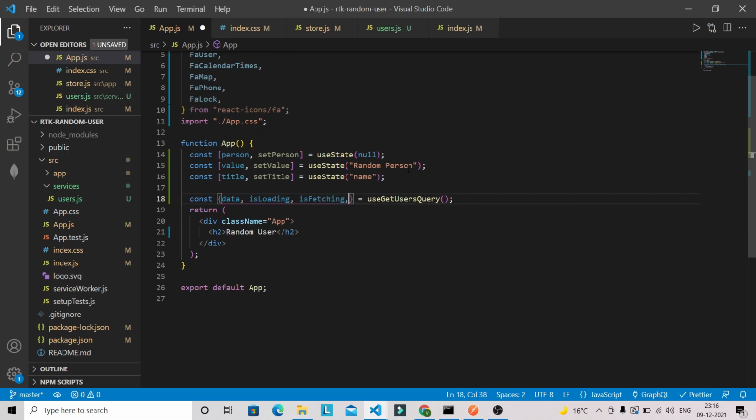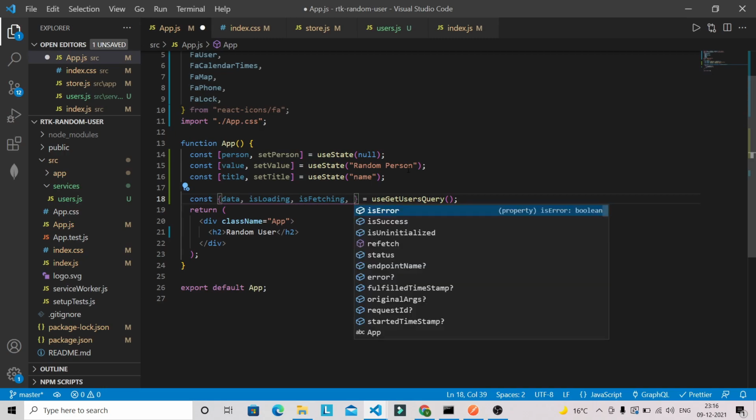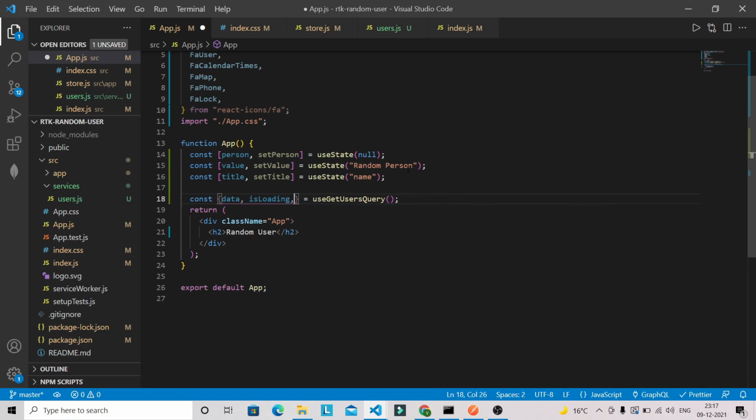So we are going to get a lot of things from this. If you also check by doing control space, you are going to get from this useGetUsersQuery things like isError, isSuccess. So we are not going to use all of these things. Okay, so we are just going to use data, isLoading, and one more thing we are going to use, that is refetch.